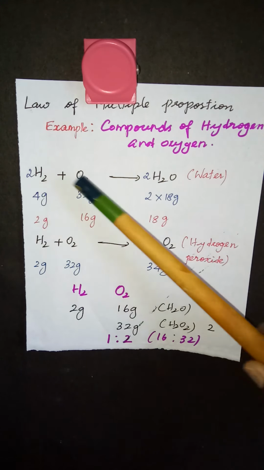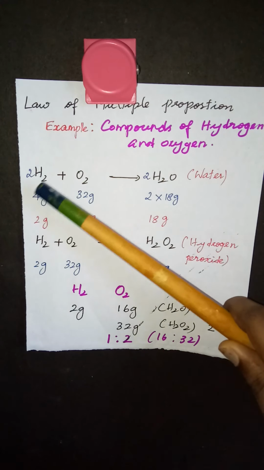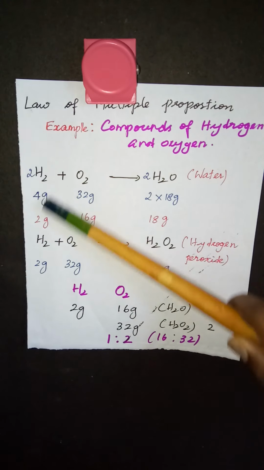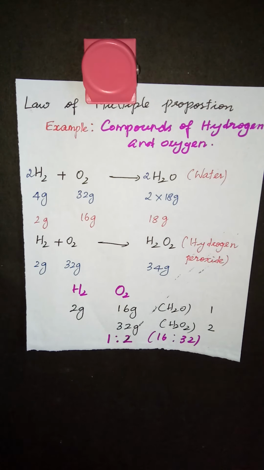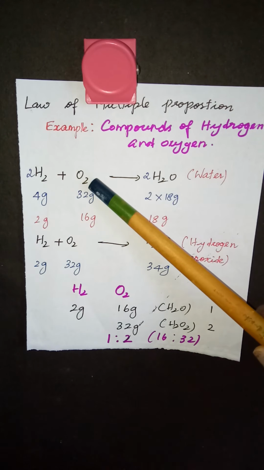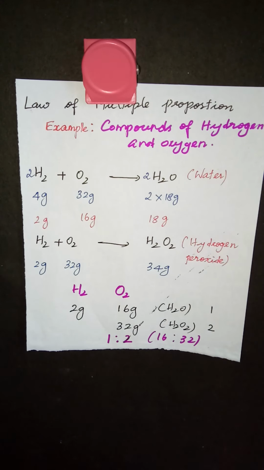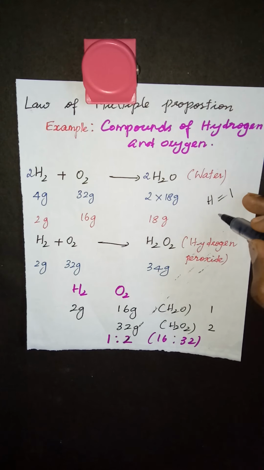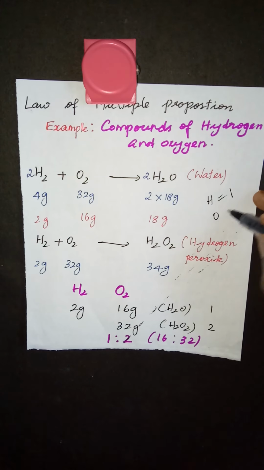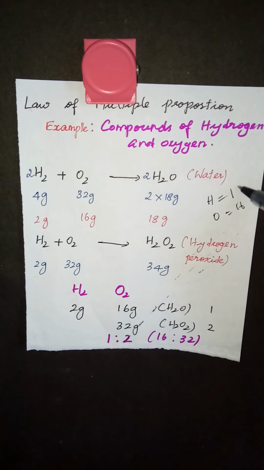Now what is the atomic mass of one hydrogen? It's 1 gram. Okay, so there are 4 hydrogens, 2 twos are 4. So I'm writing 4 into 1, 4 gram. And in the same way, one oxygen's mass is 16 gram. So O2, there are 2 oxygens, so 32 gram. And in the same way, take H2O. What is the mass of hydrogens? Hydrogen mass is 1. And what is the mass of oxygen? It's 16. But there are 2 hydrogens here, 2 plus 2, 4 hydrogens here. So 1 into 4 will be equal to 4.